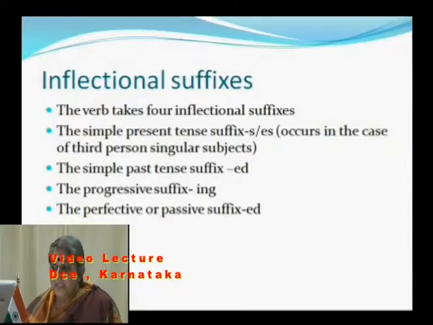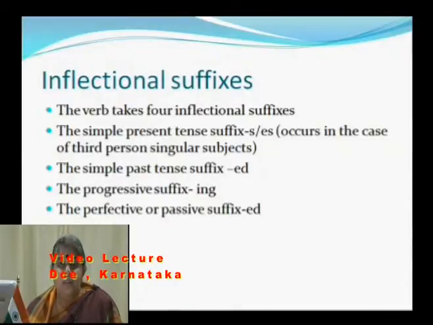When I say third person singular subject, I mean that in third person singular, the verb takes s or es forms. To give you an example, I walk, first person singular; we walk, first person plural;